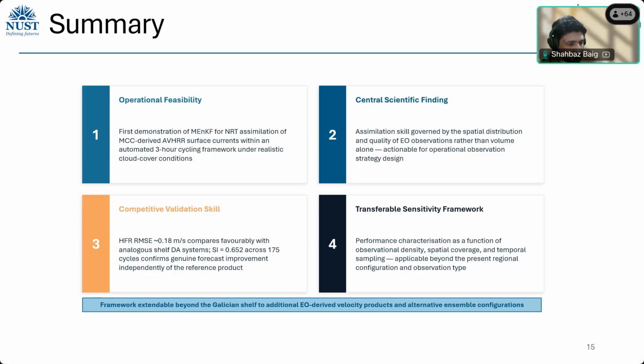The first motivation was using different model outputs instead of setting up one single model. The different models have their own structural uncertainty. So this helps us incorporate the uncertainty from different models instead of just setting up one single model and changing the initialization to generate the ensembles. So that was one, and second is